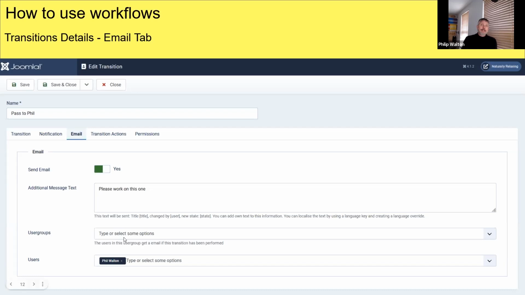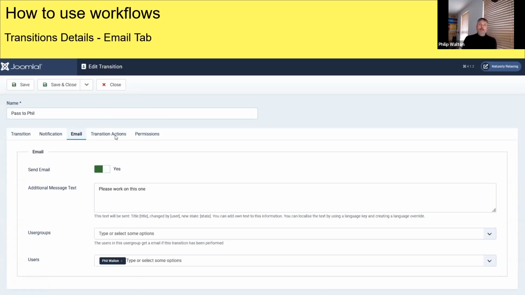You can select a user group to send it to, and we'll come on to the permissions in a little while, but a lot of transitions could be set up so that they are specific to different user groups. So if you were in a much bigger work environment and you had a lot of people who could do the social media or sorted the images or were reviewers, then you would set it to the user group that was them, and then they would all get the message that something had shifted to the user group that they needed to see.